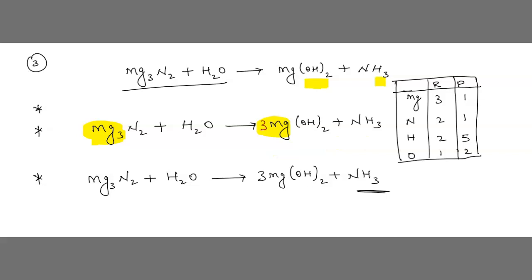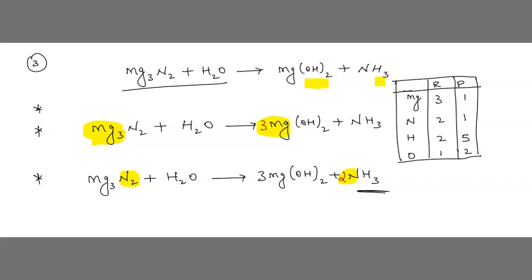It's very easy. So now what we do here, children: Mg3N2 plus H2O gives 3 MgOH twice plus 2 NH3. Now I am going to put 2 here. So what happens, children, now? Which one did we balance? We have some confusion with O and H, so leave O and H. Leave the one we have confusion about, and select which is easy. If not, 2N. Now it is balanced. 2N.